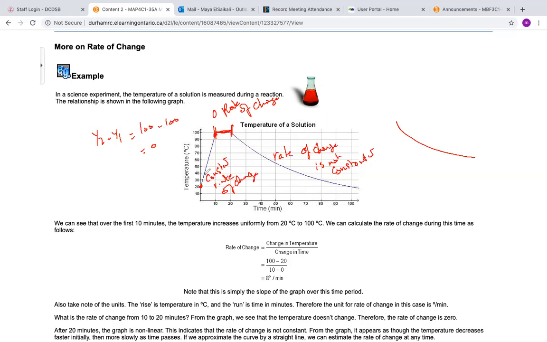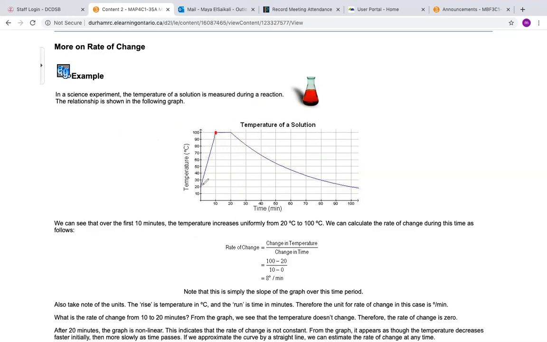So if I'm looking at the rate of change for the first 10 minutes, let's say, or almost 10 minutes, what we're going to do is y2 minus y1. So let me erase all of this. And then we're going to look at these 2 points. This point here is 10, 100, and this point here is 0, 20. And then this is x2, y2, x1, y1. And then we're going to do y2 minus y1 over x2 minus x1. And then it's 8 degrees per minute. So we have a constant change of 8 degrees per